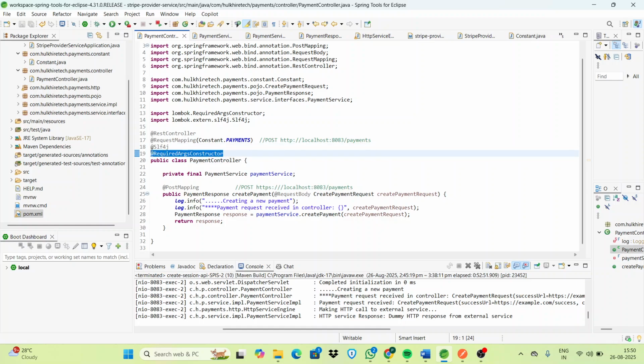Then this is a required rs constructor. This annotation also belongs to Lombok, a Lombok annotation from the Lombok library. It is actually used for constructor injection. So see here actually